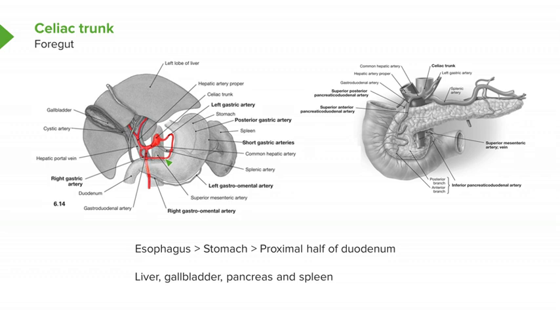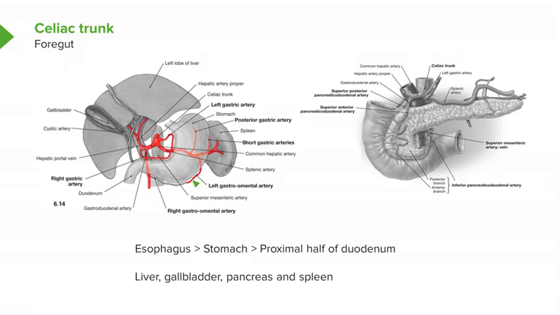Another branch that we haven't mentioned yet coming from this coeliac trunk is this large splenic artery that runs to the spleen. This gives rise to some short gastric arteries that supply the fundus and the posterior body of the stomach. And as it approaches the hilum of the spleen, the splenic artery gives rise to this left